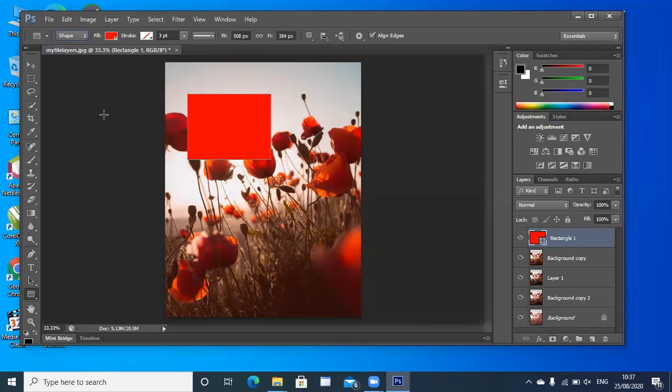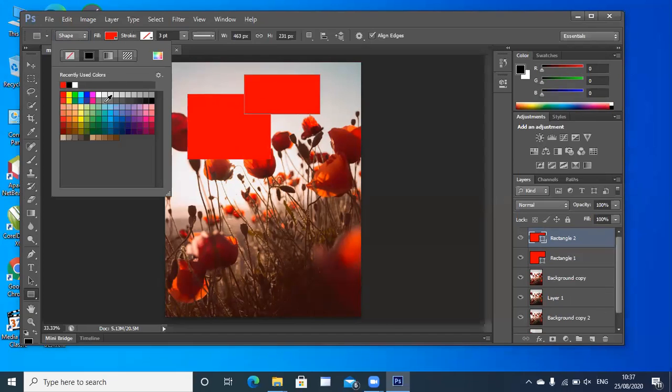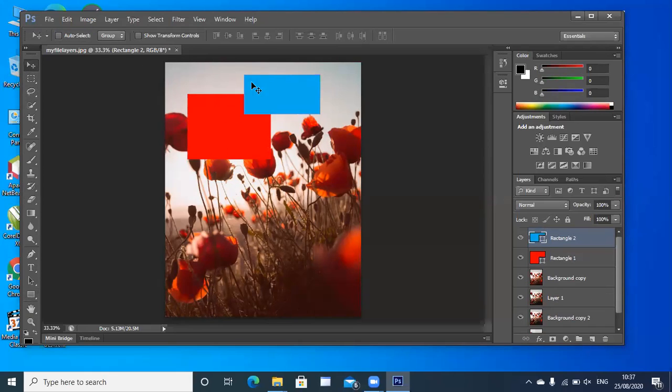Now what will I do? I'll add another shape of a different color. Here is another shape, and I'll change this color to, for example, blue for our understanding. So there's a red color shape and a blue color shape. Now you can see the blue color is on the top and the red color is below, right? So what I am doing is I might move the blue color down.